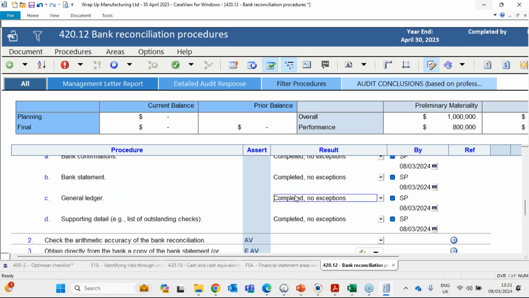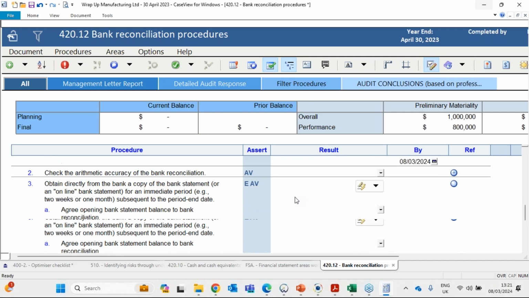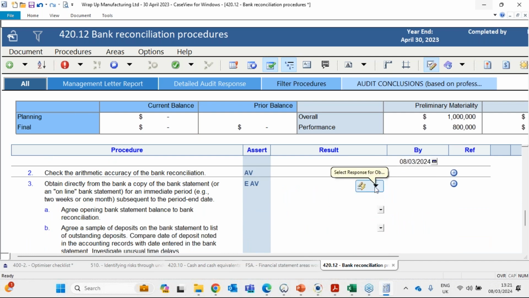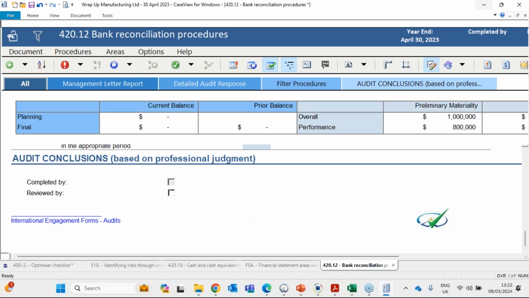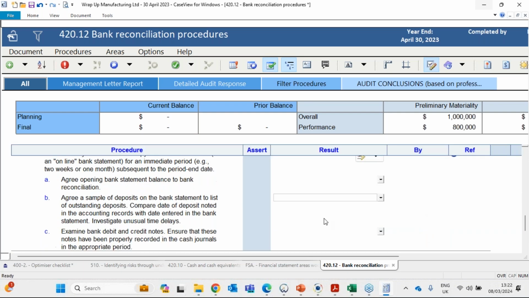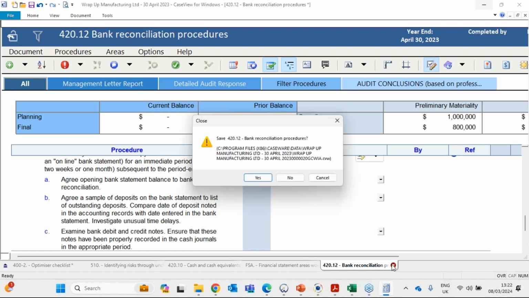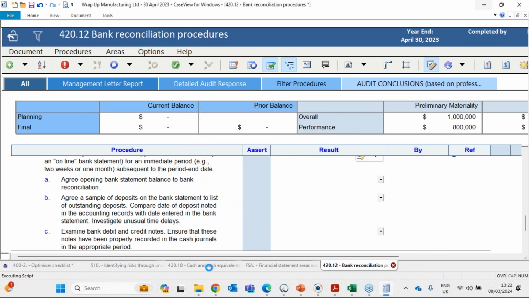We went through the GL, the bank recon, the bank statements. We've also gone through looking at the opening bank statements and also provide a sign-off once you complete that one. I'm going to close that bank reconciliation chapter for now and go back to our work program,